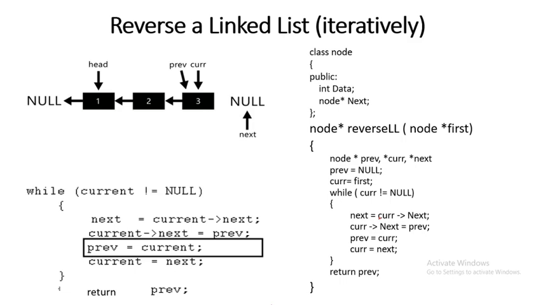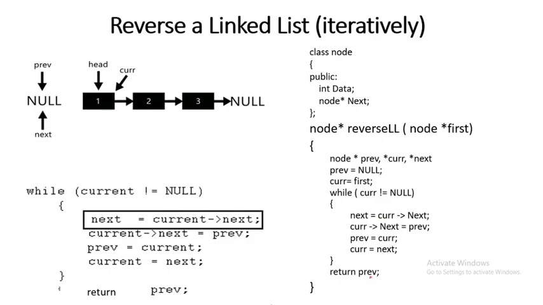Now after that we move the prev and the current pointer one step ahead. We go on doing this, and if the current is null, we end the loop and get the result, which is the base address of the reversed list, stored in prev. So we are returning the